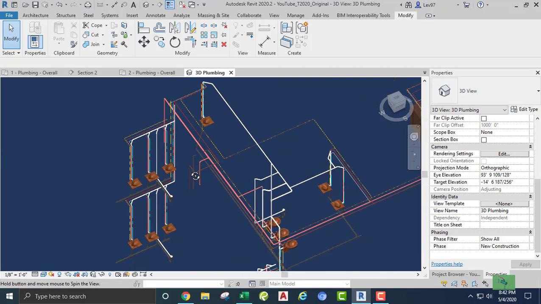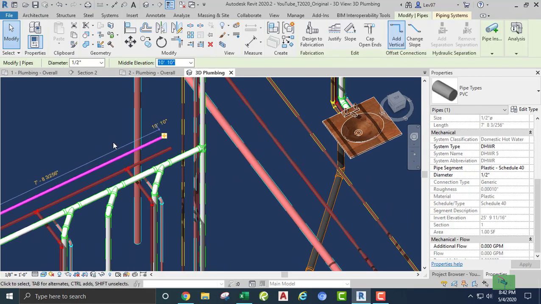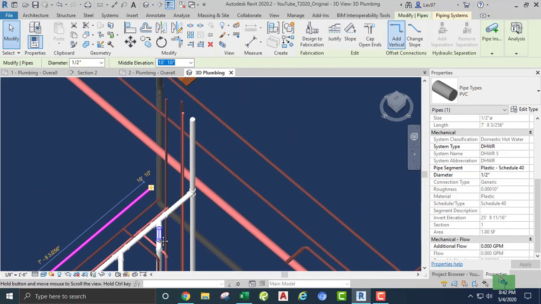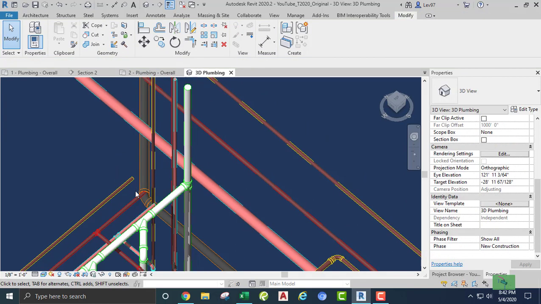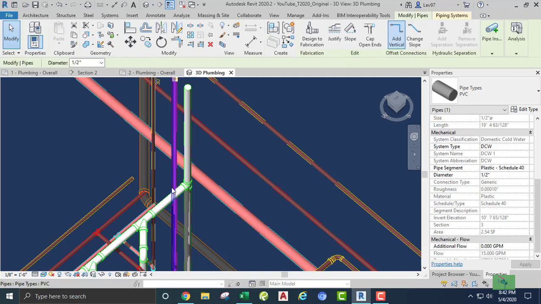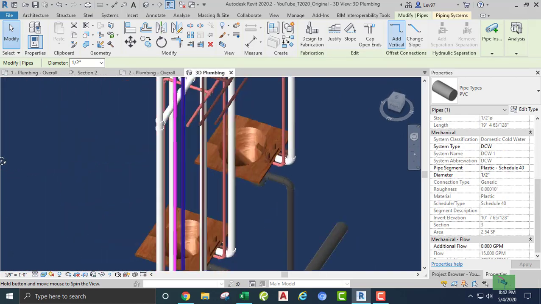Okay, so you go here, and we're gonna need 3 elbows, right? Because this is the hot water, cold water, hot water return, and based on these colors I know that this is a hot water return. So let me get a good angle, I think,